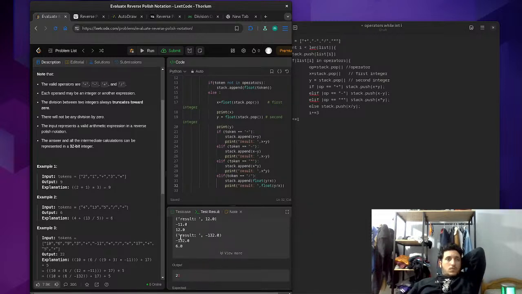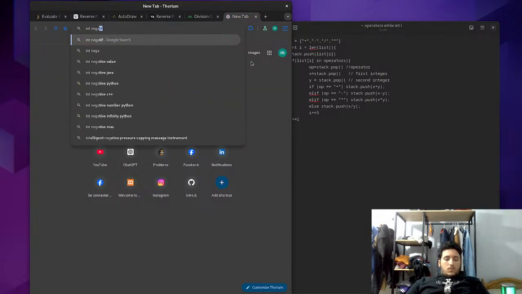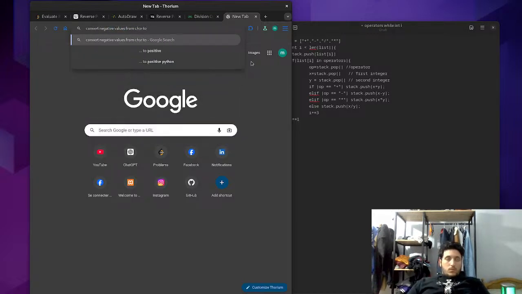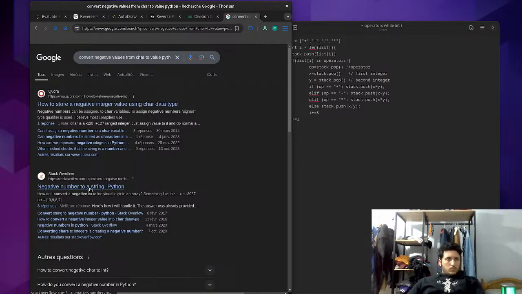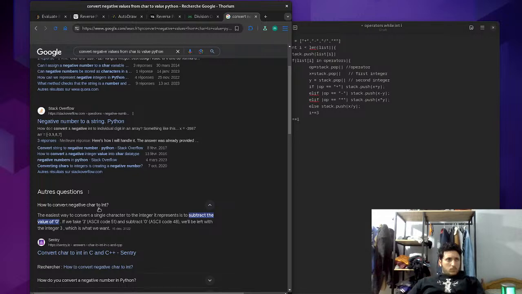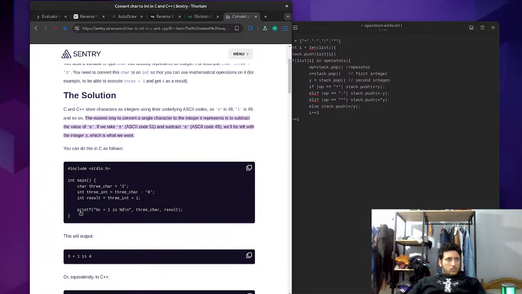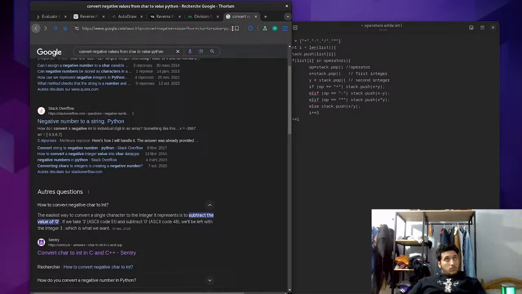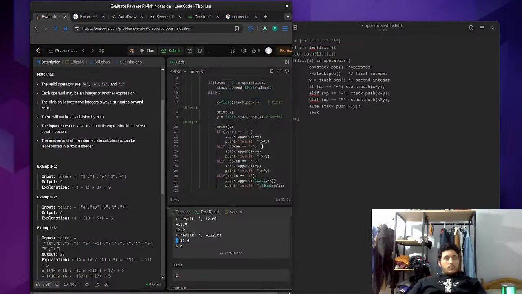Then minus. I have to check the negative one and negative, convert negative values from shell to Python. Do I have to make another condition if